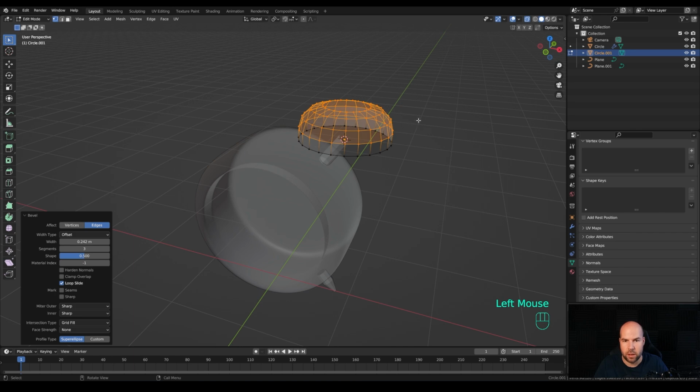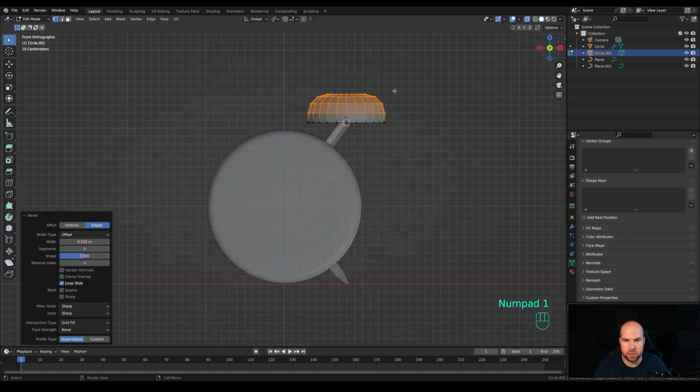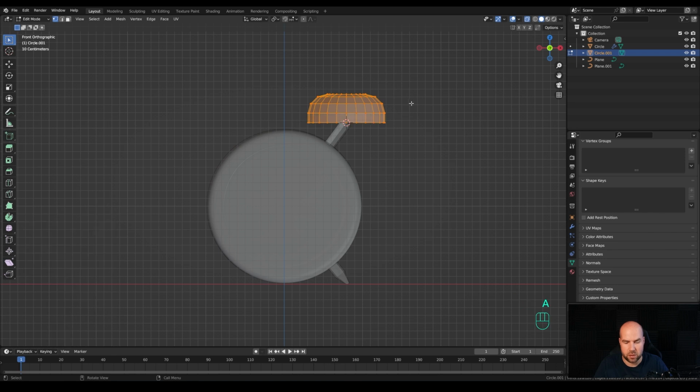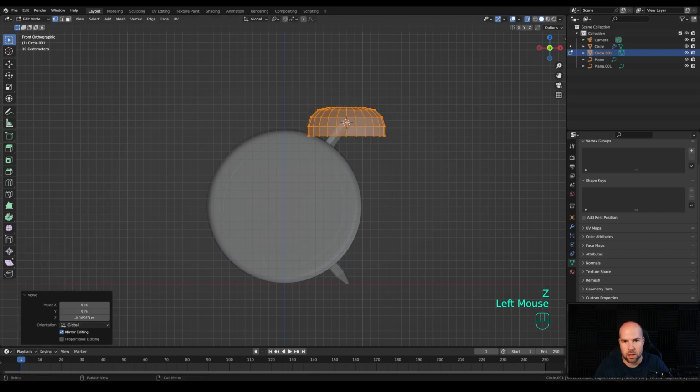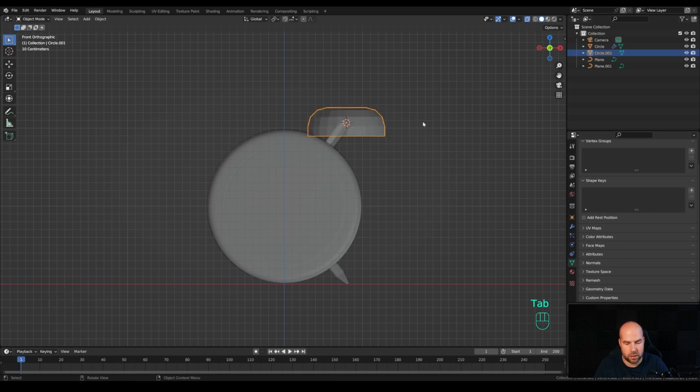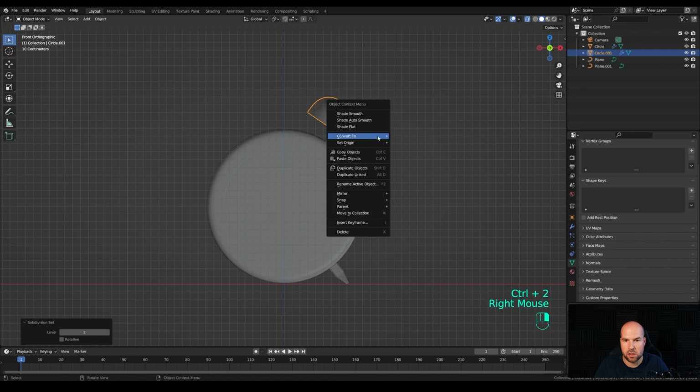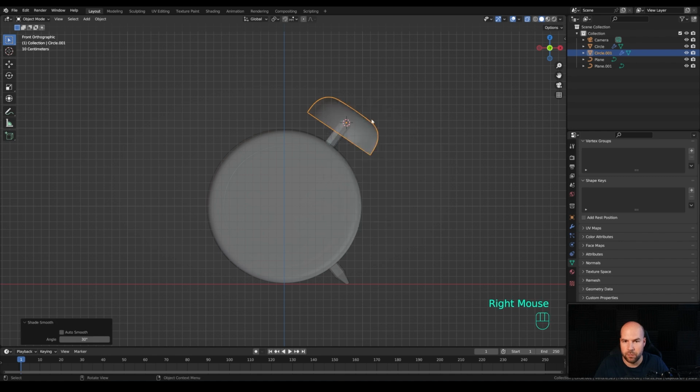That should be enough. So now we can look from the front again by pressing 1 on the numpad, press A to select all and press G then Z and move it down so the origin point is somewhere here in the middle. And now we can tab out and rotate like this. And now additionally we can press Ctrl 2 to add subdivision surface modifier, right click, shade smooth, and let's go